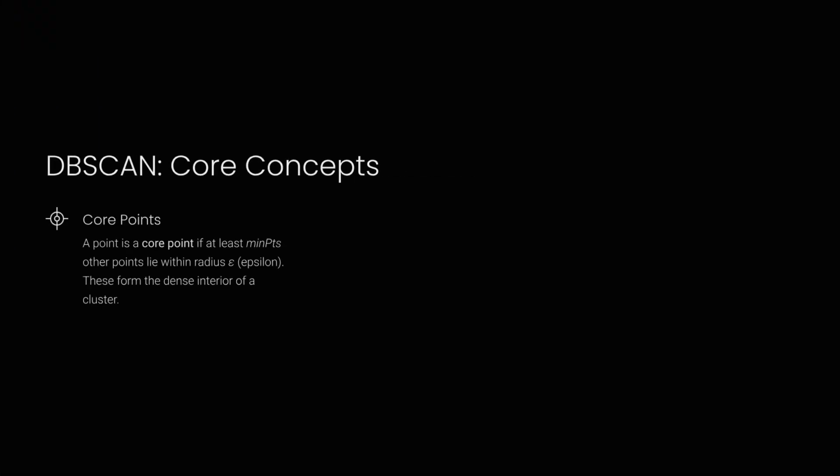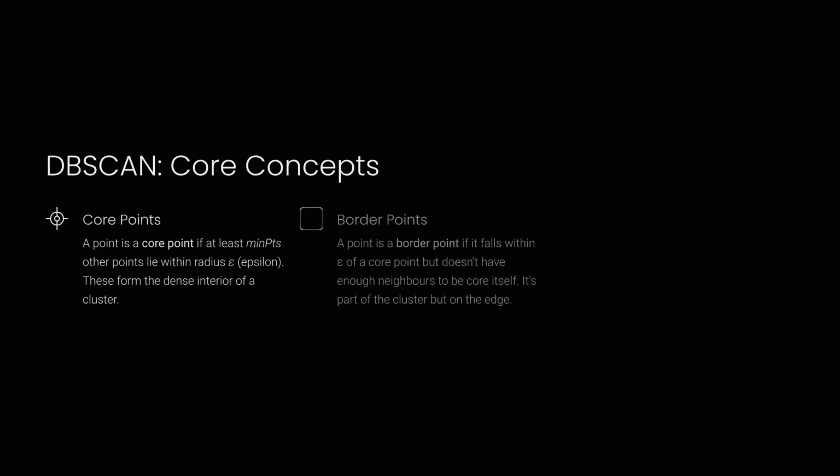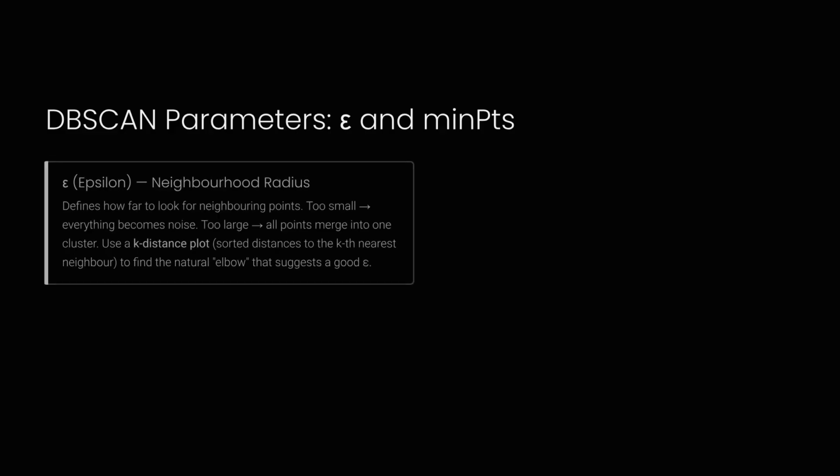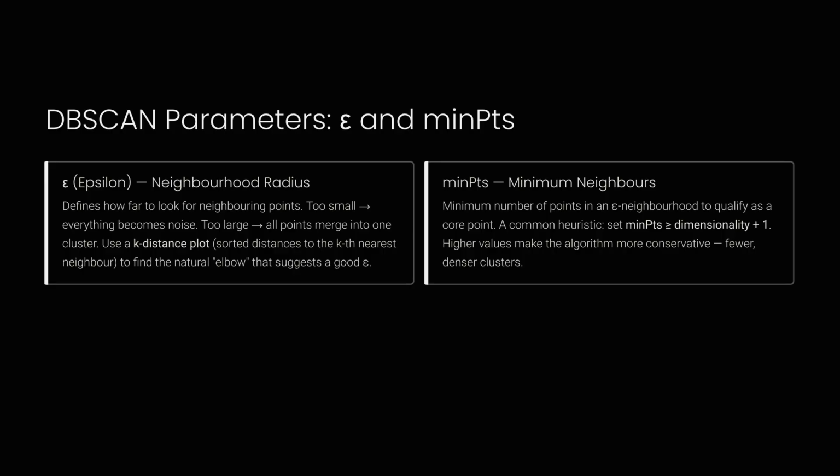Core points have enough neighbors within radius epsilon to form the dense interior of a cluster. Border points are near a core point but lack enough neighbors to be core themselves. Noise points are neither core nor reachable from a core point. They are the outliers. DBSCAN relies on 2 parameters: epsilon, the neighborhood radius, and min-PTs, the minimum neighbors required for